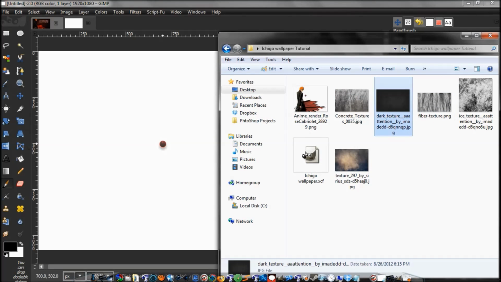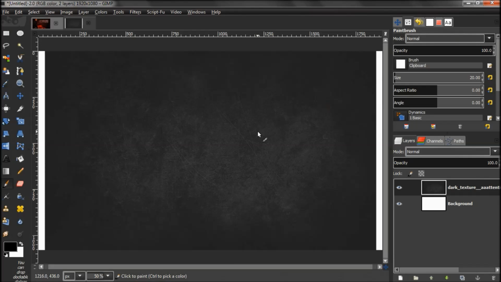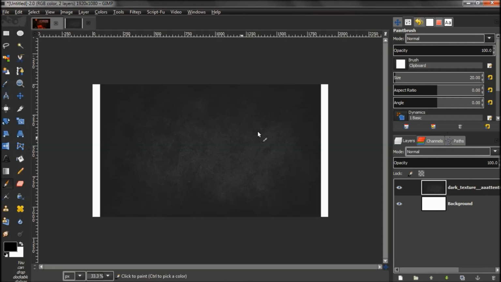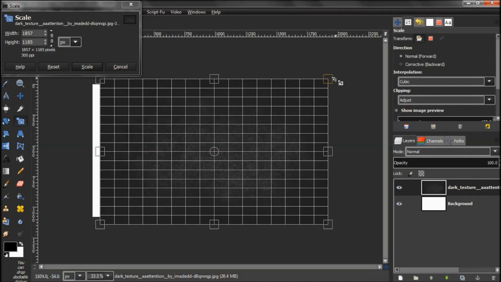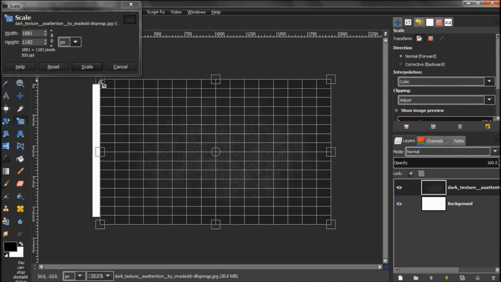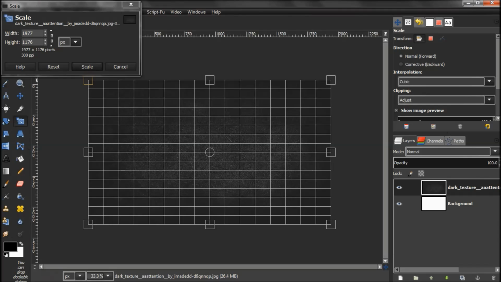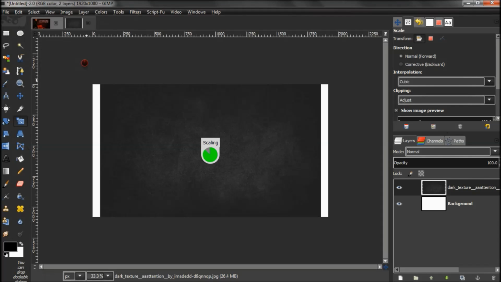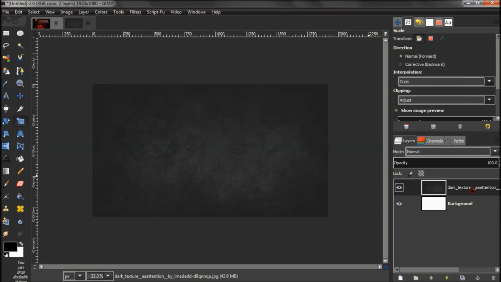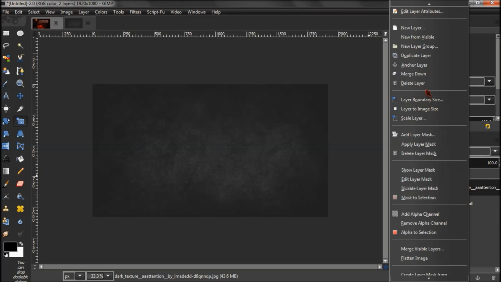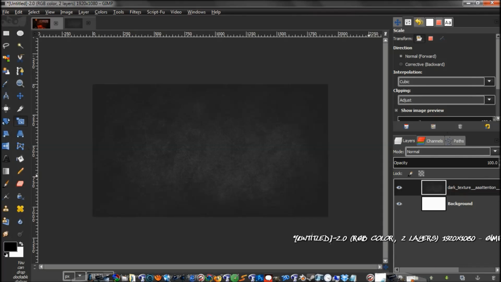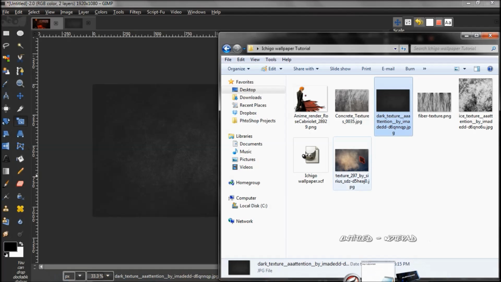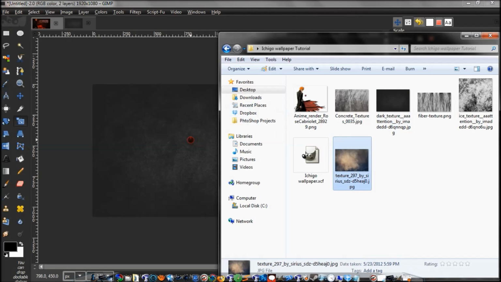this dark texture. I'm going to zoom out just a little bit. Press the minus key on your keyboard, press Shift T on your keyboard, and we're going to go ahead and drag this to fit in just a little bit. Press Scale, and then you'll just want to right click on there and choose Layer to Image Size, and then we are going to drag in another texture, this texture right here,